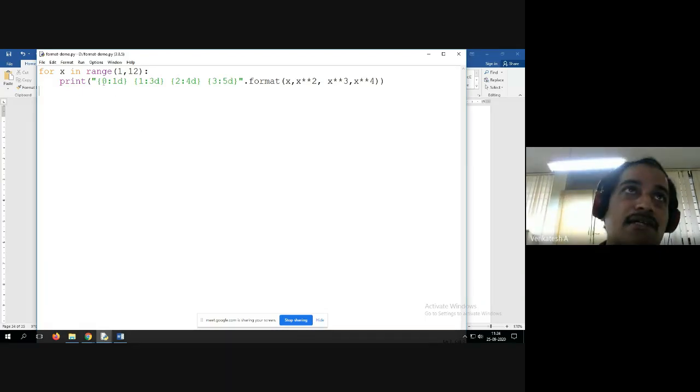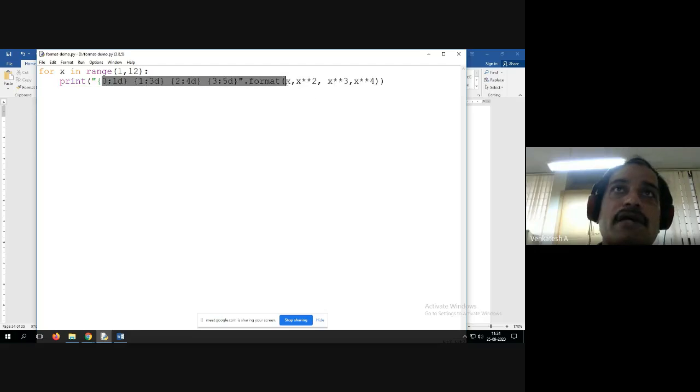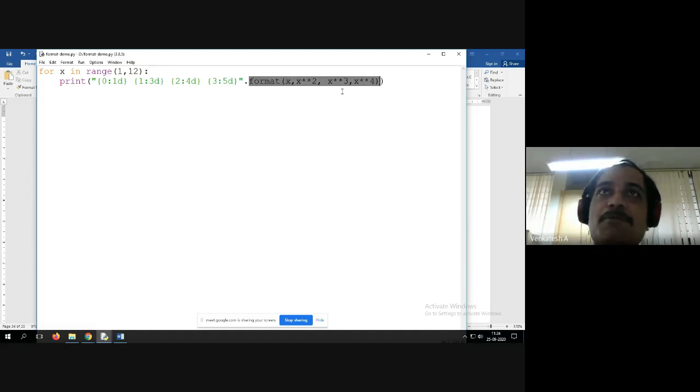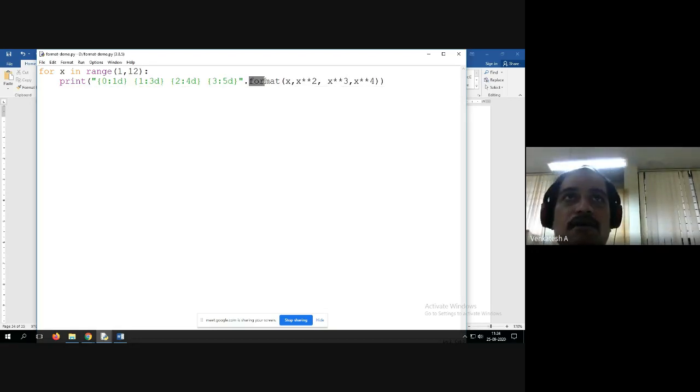So to decide that, you can use format. That means when you are preparing a report of the employees or report of the students or report about the items that you have purchased, during those situations, you can use format.